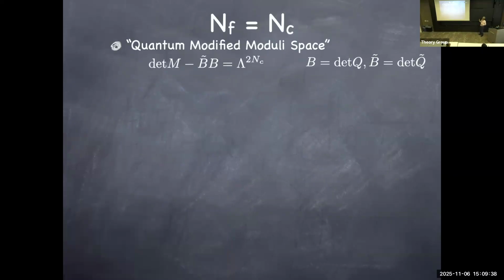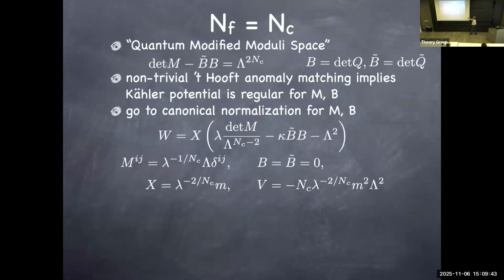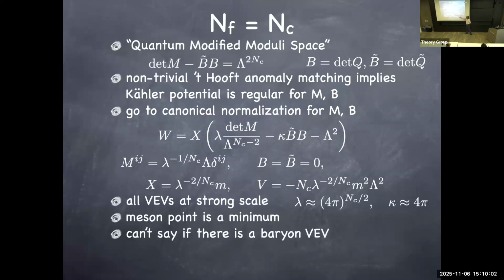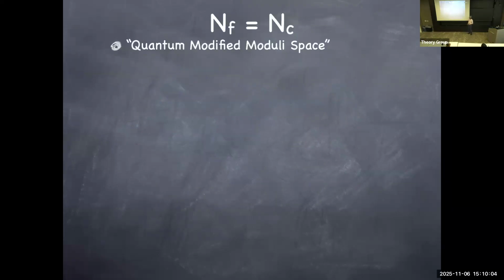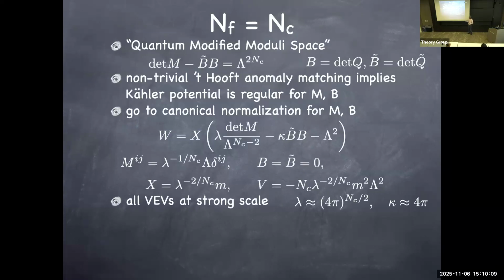In this case, unfortunately, we don't have the full solution to the theory. And that's because in this theory, these baryons and meson fields end up acquiring expectation values of the order of the dynamical scale. So we actually lose control over the Kahler potential. Some people have already expressed concerns about that. So we don't fully understand it. Based on some naive dimensional analysis, the meson acquiring a vev seems to be the good minimum, but we cannot prove that that is the global minimum at the end of the day. So that's the limitation of our methodology.